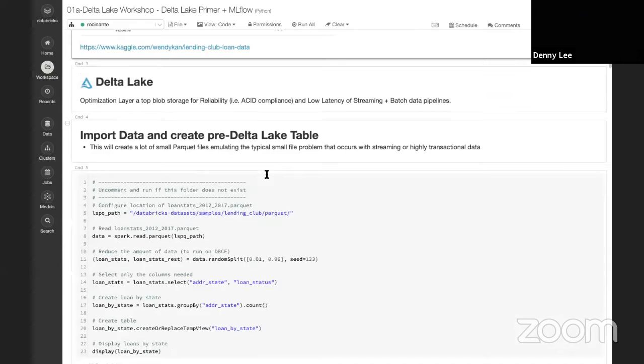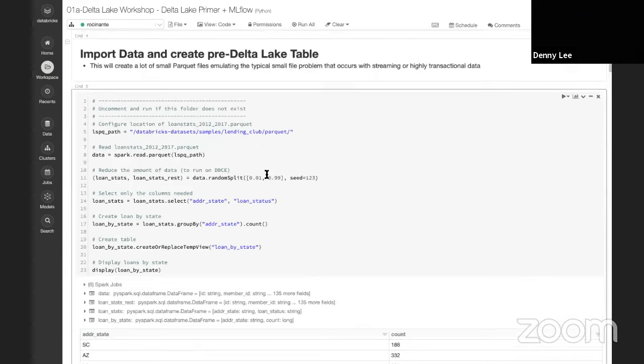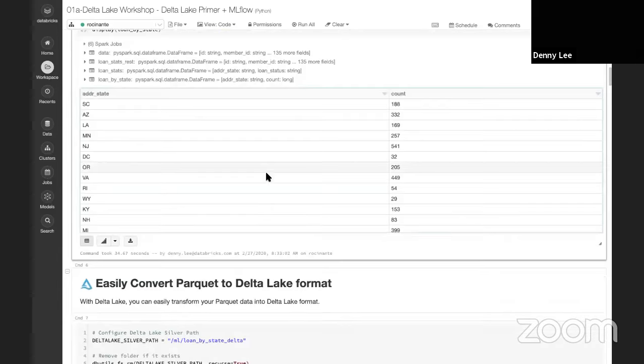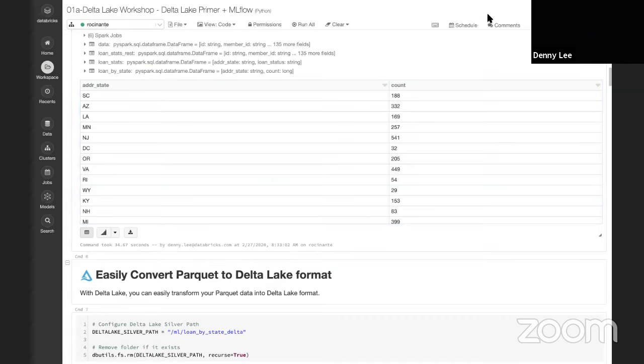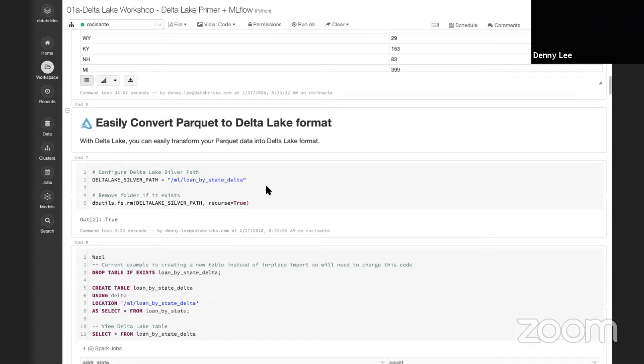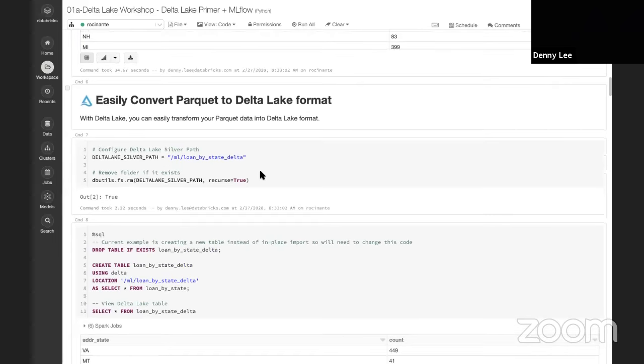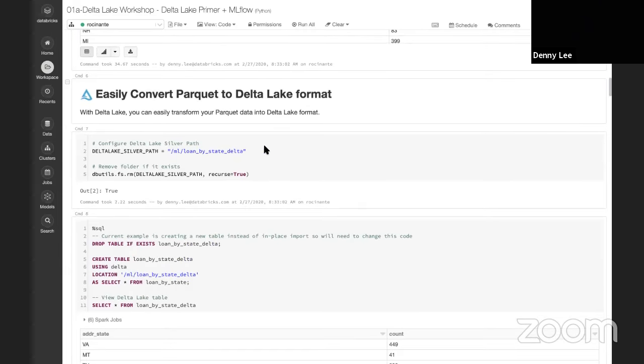Okay, now what I've done up to this point is I've just created a quick table that looks like this: the state and accounts. Basically what we're doing is counting the number of loans. That's all we're doing. Now, in order for us to do this, what I first did is I easily converted this from Parquet to Delta Lake format.